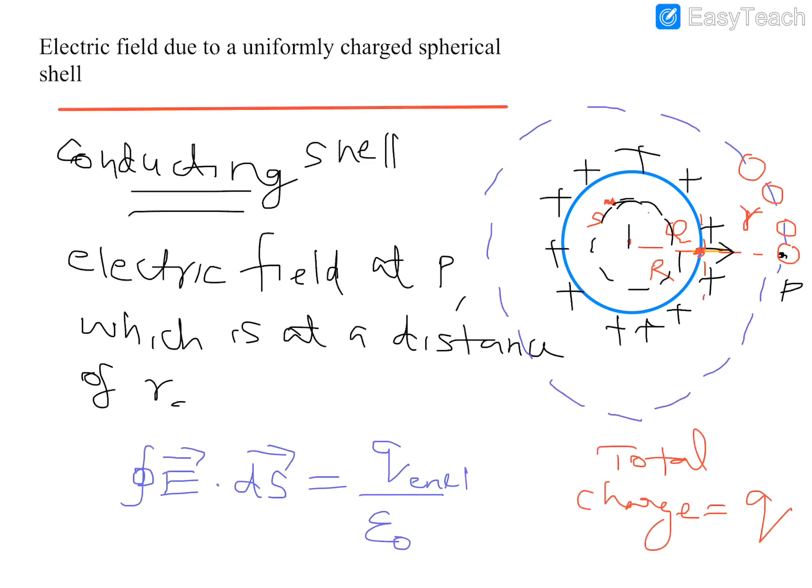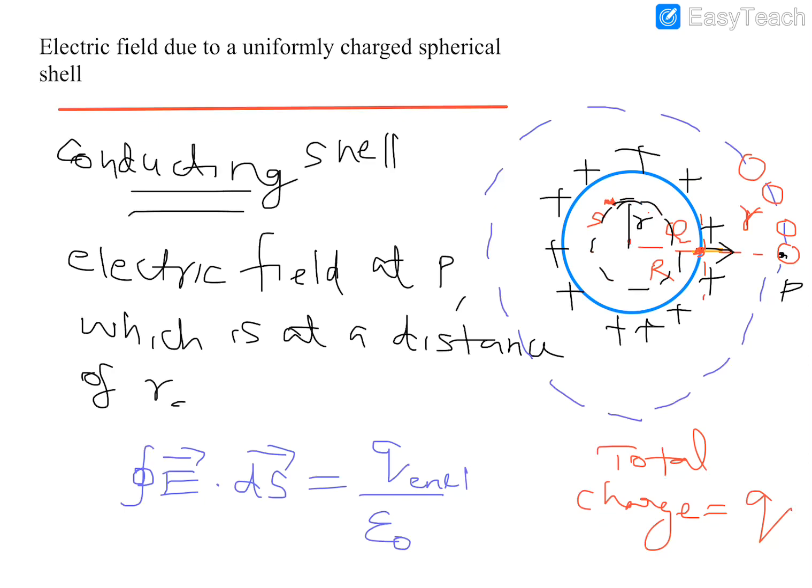Okay, the radius of my Gaussian surface is, again I am taking it as small letter r, where small letter r is different from the first small letter r. In the first case there is a small letter r which is outside your spherical shell. That distance will be different from this small letter r. Okay, small letter r is the radius of Gaussian surface. Here it is a sphere. Now if you consider this case, you can see there is a sphere of radius small letter r.